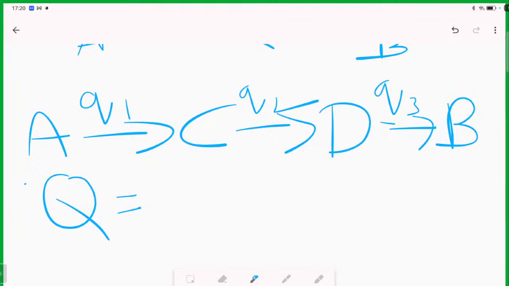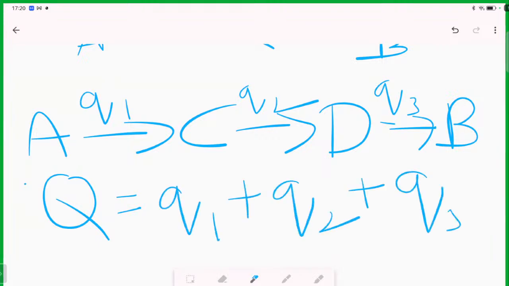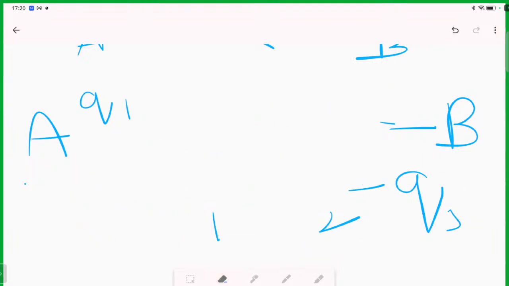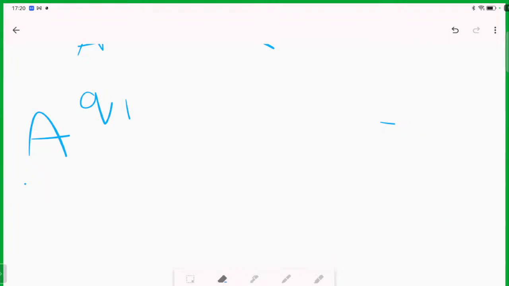तो A से B जाने में Q heat लगा, तो A से C, C से D और D से B इन स्टेप वाइज जाने में भी इतना ही लगेगा, Q1 plus Q2 plus Q3, right? This is what Hess law is all about. This is as simply we can decode it. तो इसका हम एक एग्जांपल देखते हैं, so you can digest this fact, which is by common sense also हम बोल सकते हैं ये बात. Still,